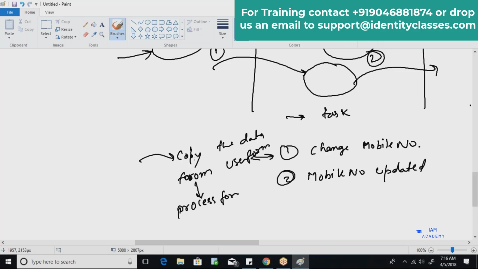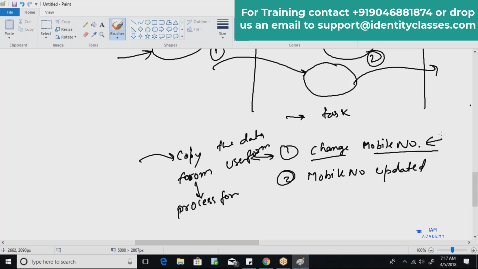Now Oracle has written a logic. The logic is that when we are creating any sort of task in the process definition, it follows some sort of nomenclature. When we have a task called change mobile number, it will simply copy the data from the user form and paste the data to the process form.